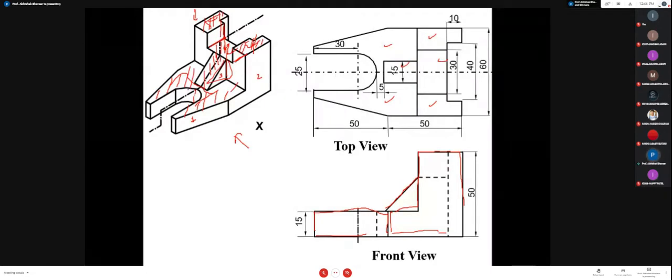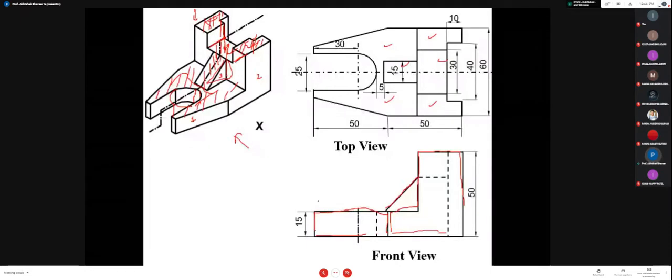And this is the semicircular portion, a semicircular hole over here. So it is representing the diameter. Actually, a full hole is there, so I am going to draw it by 2 hidden lines. Here a half hole is there, that's why I am going to draw a half hidden line over here. So see, this is the half hidden line.